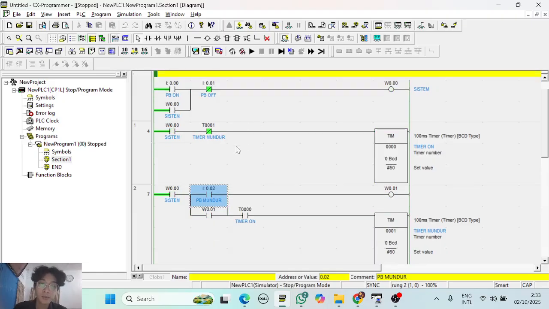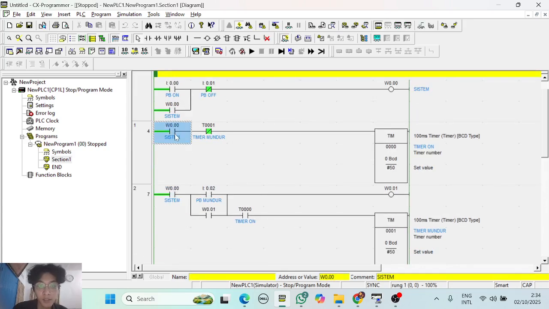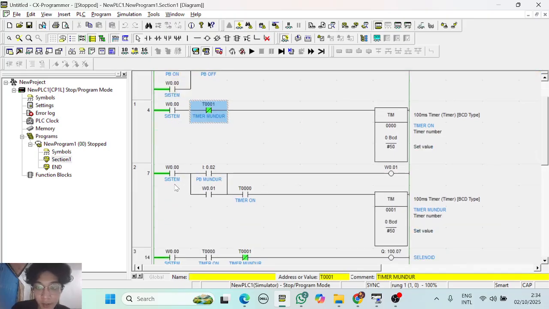First I will explain. I will continue the last explanation from the slide. From the slide, we finished the explanation at the second rung. Okay, let's go to the next rung.